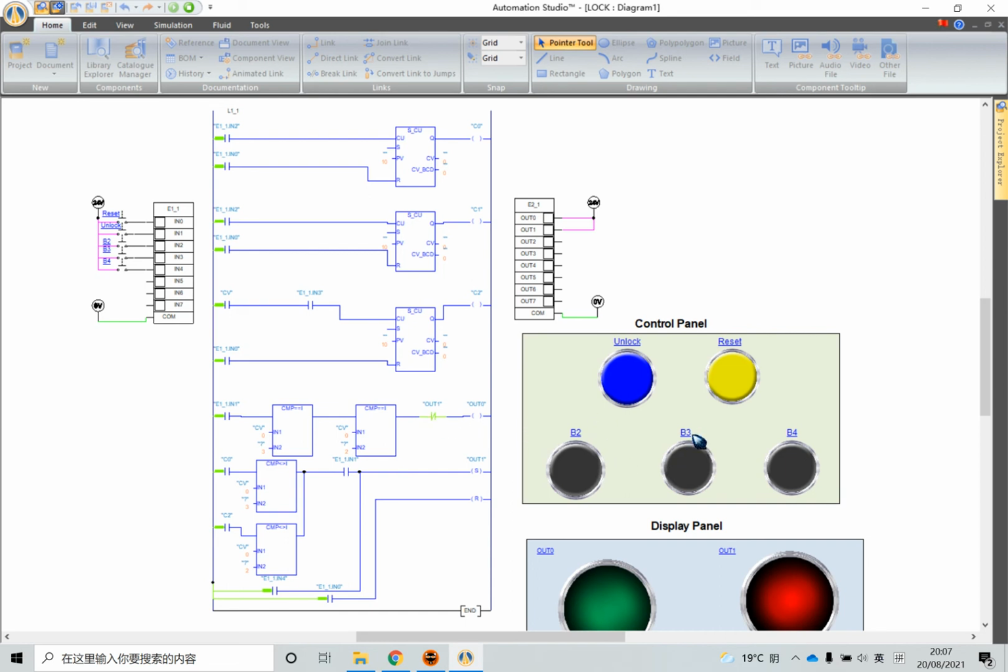If I press the B2 for 3 times, the counter C0 and C1 will count up, and the CV will show the status of the counter, like 3 times, and then 2 times of B3. And next, we will move on to the comparator area. If the numbers set in these two comparators are equal to the CV, and then press the unlock button,